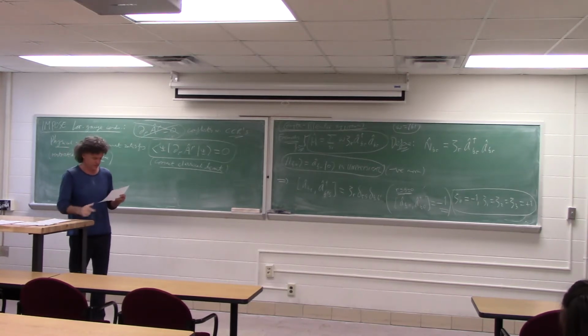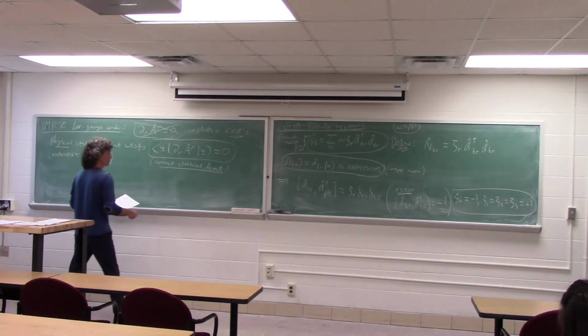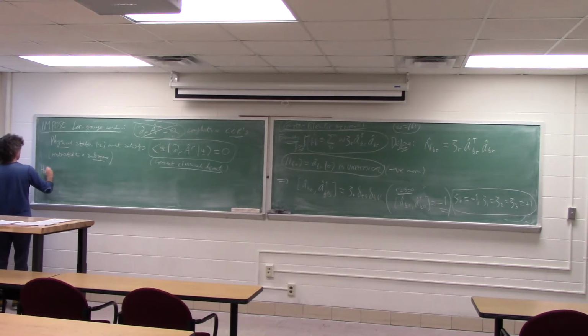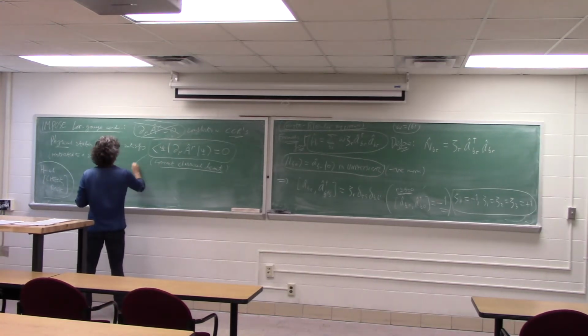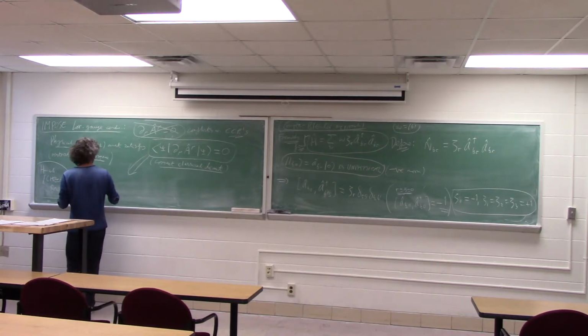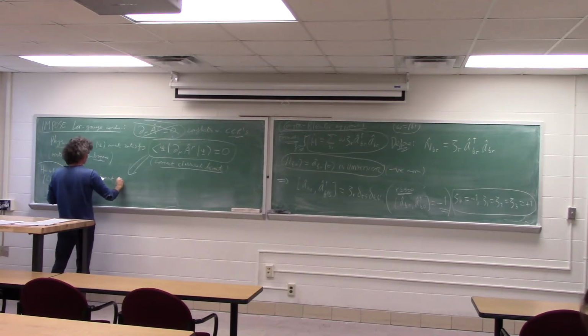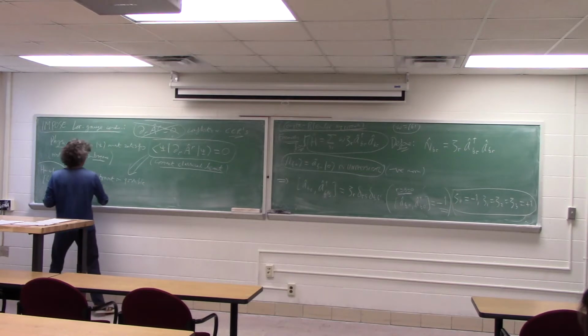Now, what happens? I'm not going to go into this because it's all a bit fiddly and not very illuminating. But if you're interested, as homework, check and look in the book. The book has a page or two about this. If you look at this condition, this implies a constraint on the possible combinations